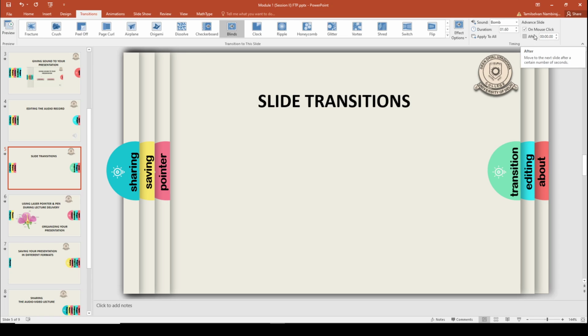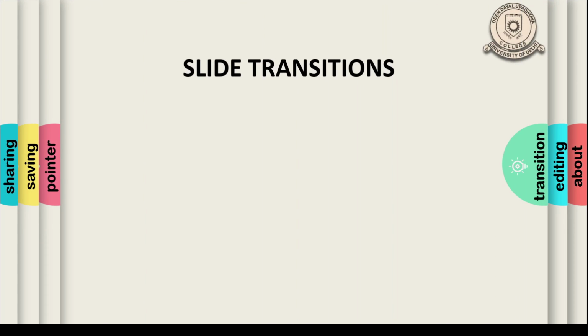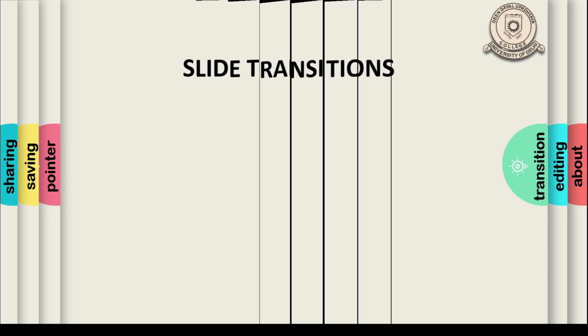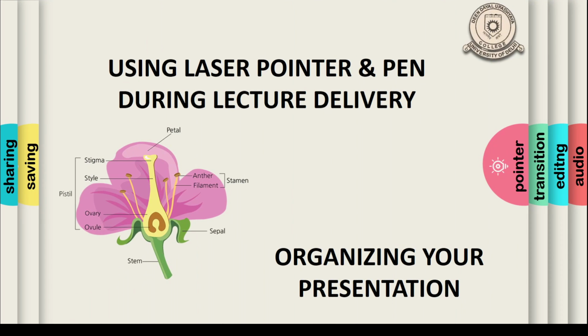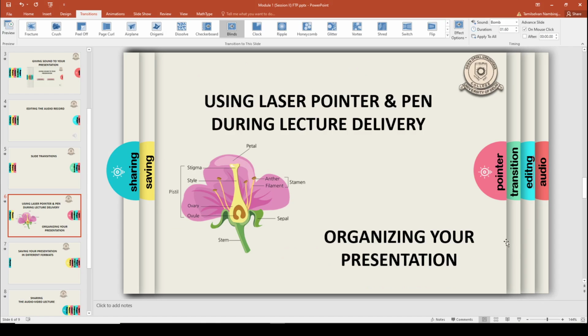But if you want it to be automated, that means if you want the slide to switch to the next slide, say after every 2 seconds, you can change the time here and set it. Now if I go to slideshow mode, I need not click on the slide, it will automatically switch to the next slide. You can see that I am not clicking it, but still after every 2 seconds, it is moving. But I did not apply this option to all the slides and therefore this has been applied only to one slide.